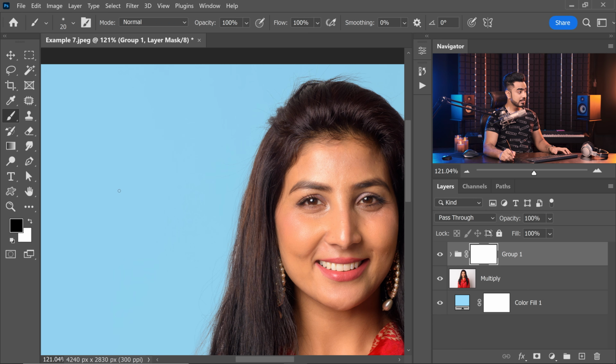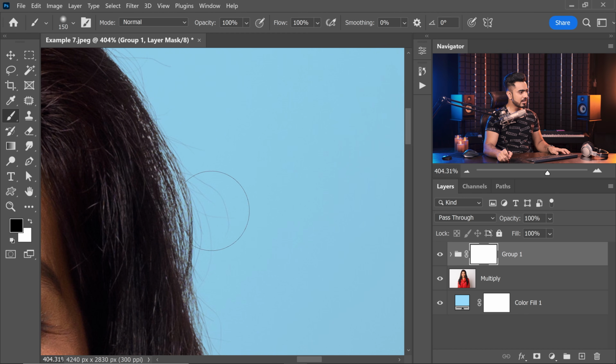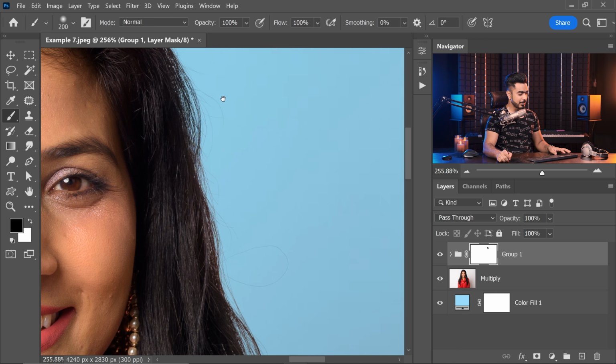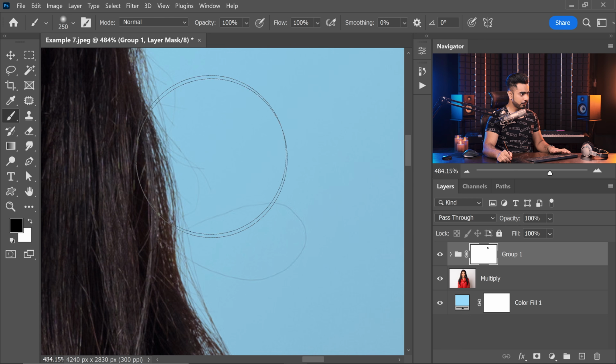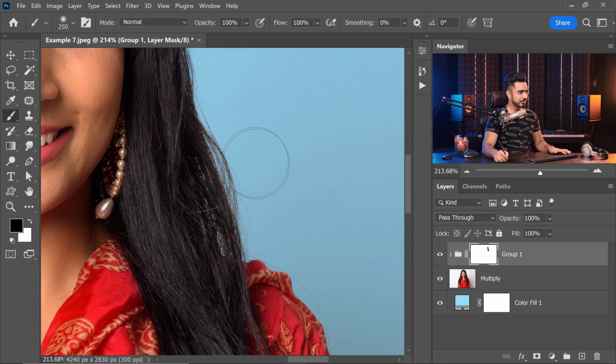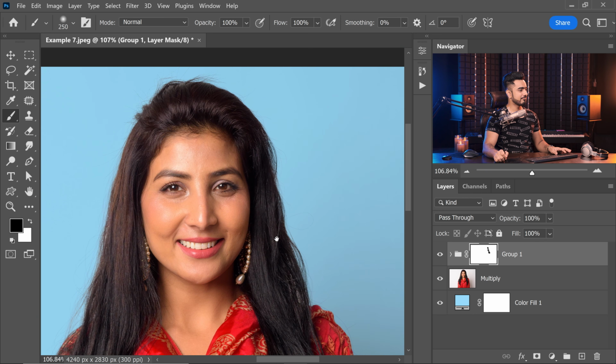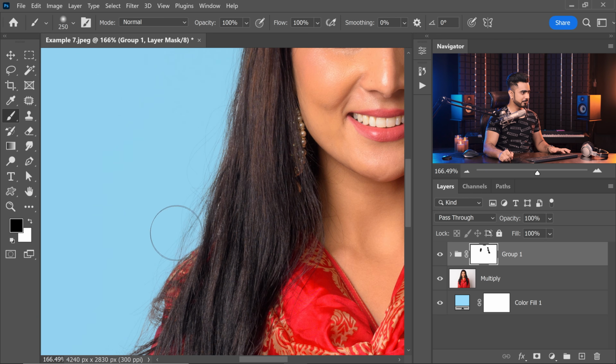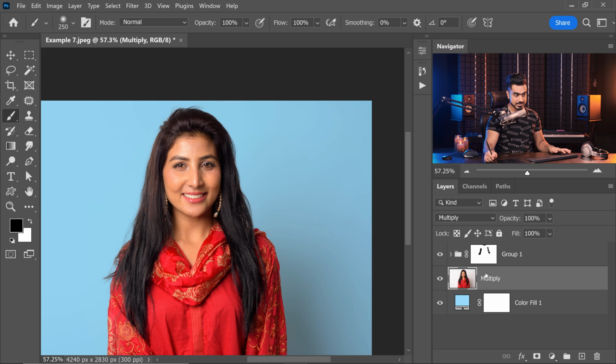Now take a brush, take a soft round brush, black as the foreground color, and just around the edge, just paint in black. That's all. Opacity and flow at 100. There you go. That edge is taken care of. Have a look right here. So simple. Similarly right here as well. Done. Perfect. Now when you do change the blend mode of this layer to multiply, it also brought in the